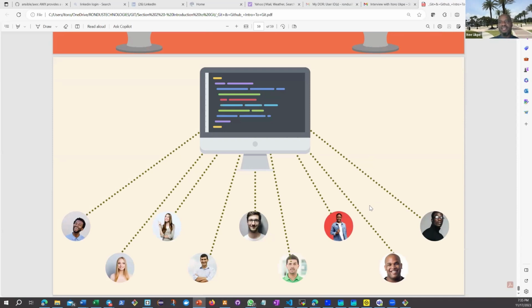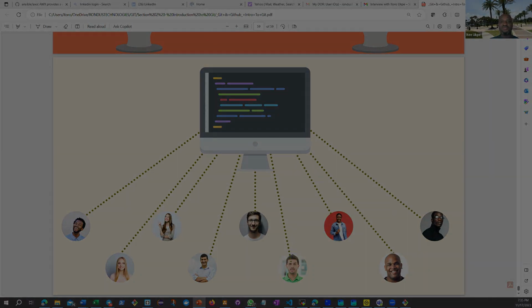Okay, so that's Git and GitHub. That's the introduction to Git and GitHub. So the next thing that we need to do is